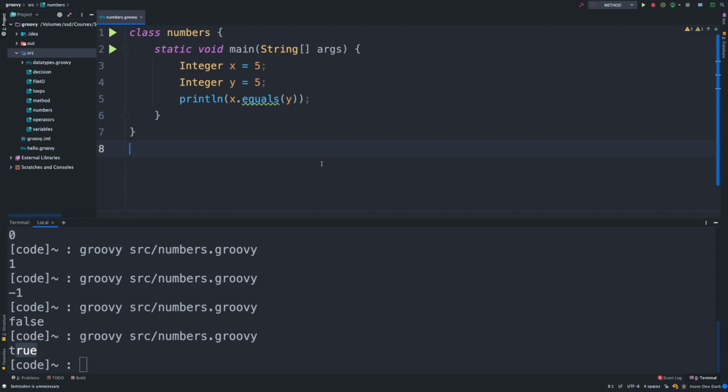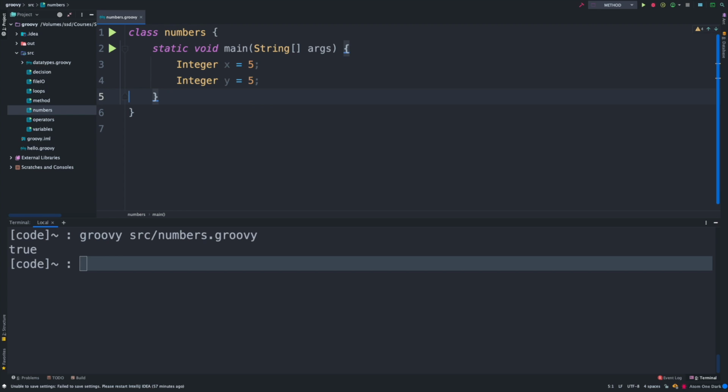There we go. The method we are going to take a look at now is valueOf. The valueOf method returns the relevant number object holding the value of the argument passed in. This method is static. So here we've got the x variable which has a value of 5. We're going to use x to create another variable which will have a value of x, in this case 5.